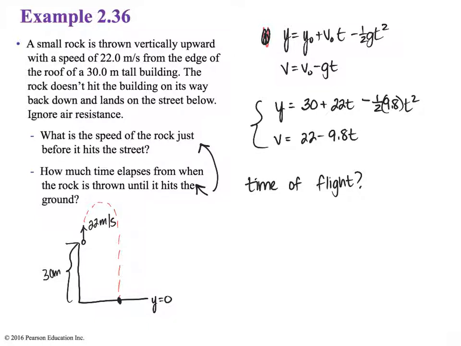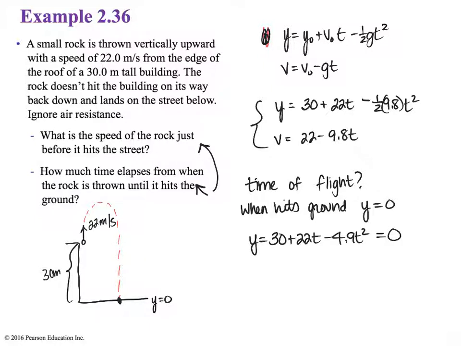But what I do know is that when it hits the ground, I do know what its location is. y is equal to 0. So I'm going to use my y equation, and I'll set y equal to 0. And now I can find the time